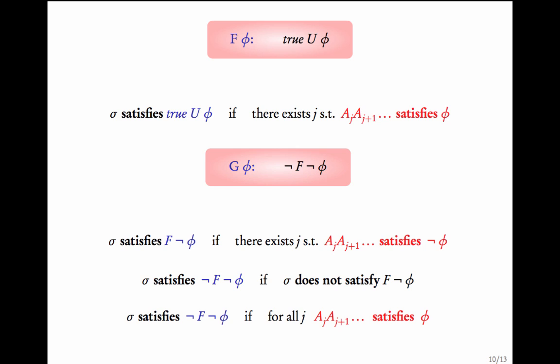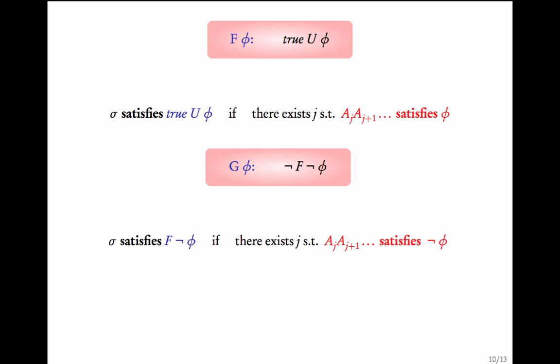Okay, let me go through it once again. Sigma satisfies F of not phi if there exists a j such that a_{j+1}, this word, satisfies not phi. So I'm just replacing phi with not phi here. So don't worry about it. Now comes